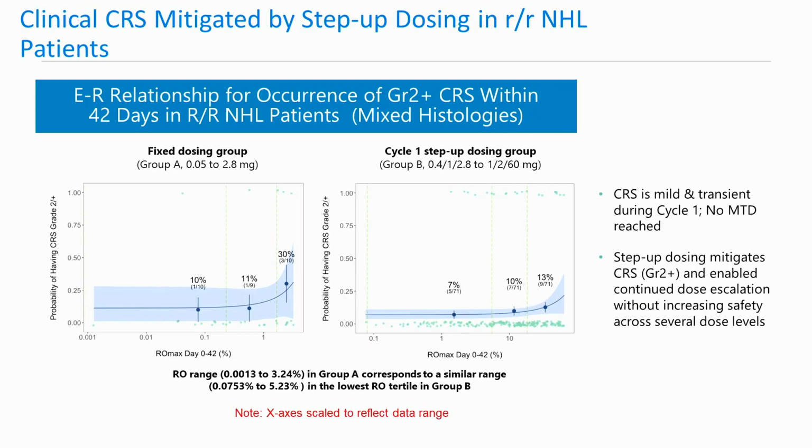In terms of clinical CRS, the data was consistent as well with expectation. CRS was primarily a first cycle effect, consistent with that of the IL-6 time course. On this slide, we're looking at the rate of CRS on the y-axis in terms of a probability of a patient experiencing grade 2 or higher CRS versus Mosun exposure modeled by peak target engagement level on the x-axis.